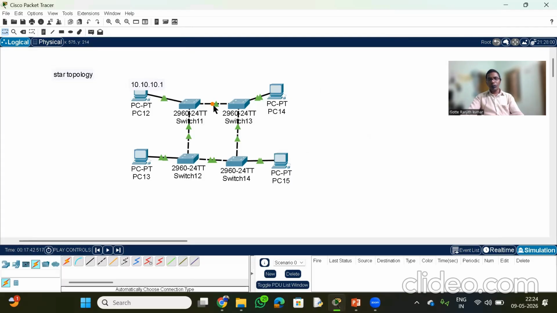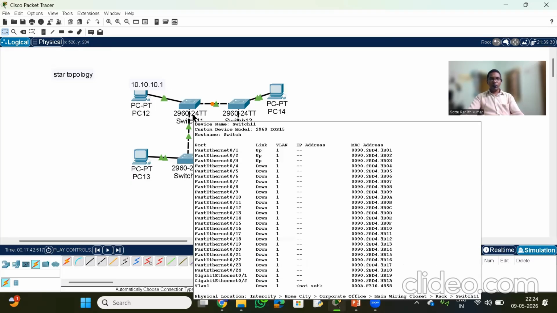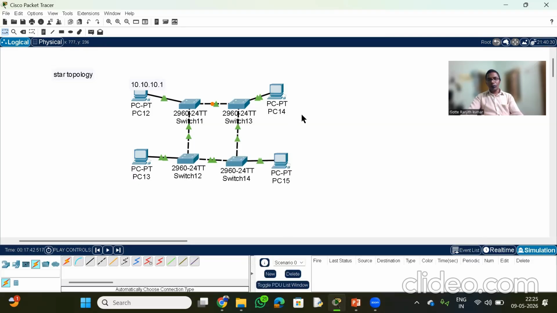because it is showing orange color. If this connection were connecting these two devices, then it would form a loop. That's why only this connection is not connected, and only this orange symbol is there that will not turn green. To avoid the loop, internally the switch runs the spanning tree protocol. I just showed you in the mesh topology how to check the spanning tree